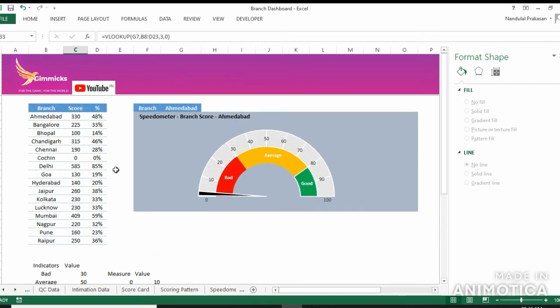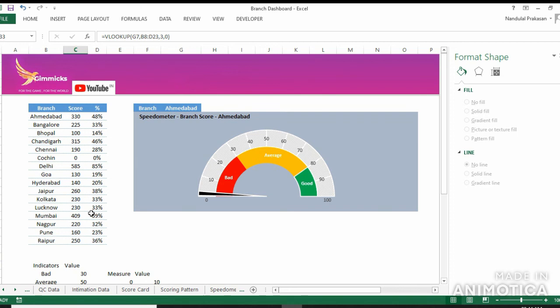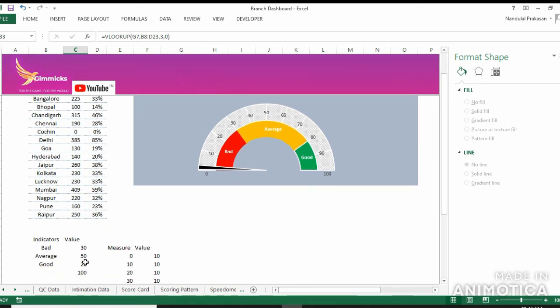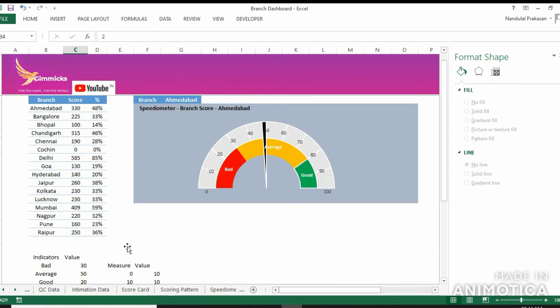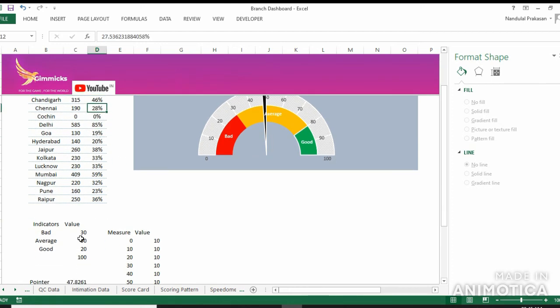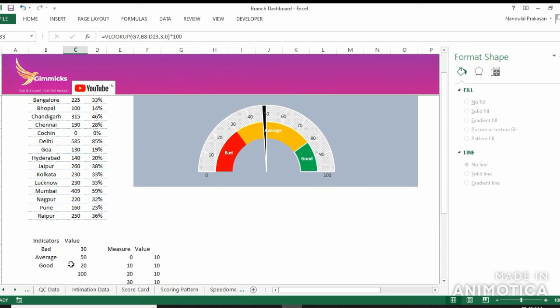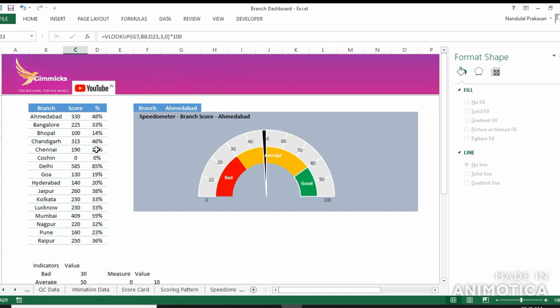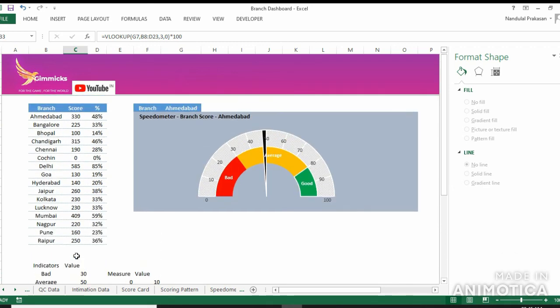That is 47% in numbers. So I want to convert this into numbers so that I can display it over the speedometer. The VLOOKUP formula that I have here is giving me 0.47. So I'll multiply that with 100, because here what we are doing is converting the percentage to a number. That is the reason I need to multiply by 100. If you have numbers here, then there is no requirement of multiplying by 100. Here I have percentage and I want to convert that to numbers. That is the reason I have multiplied by 100.